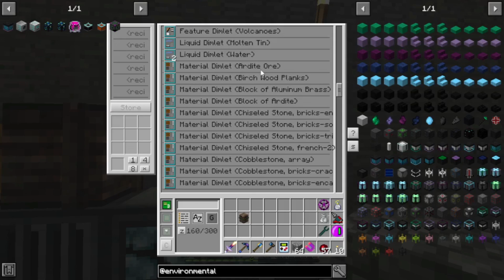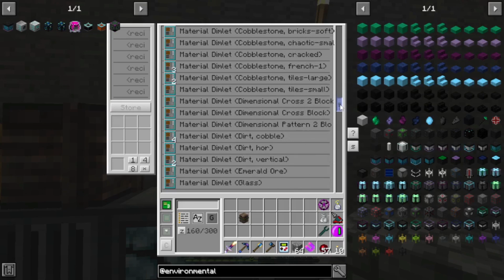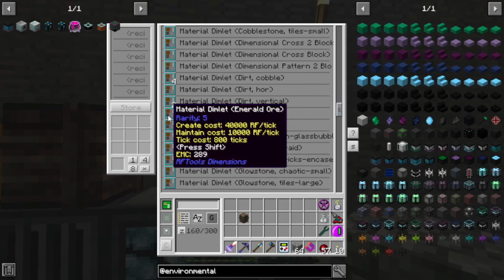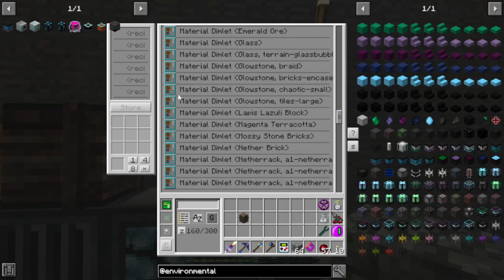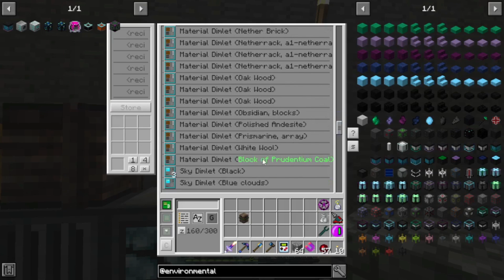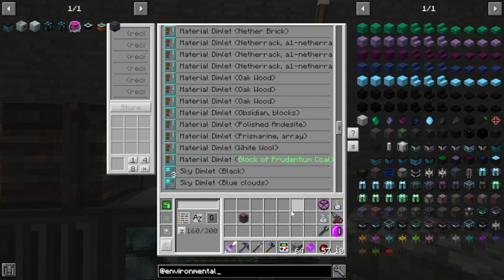We have ardite ore, which is not bad, aluminum, brass, ardite blocks, those are both really good. A bunch of cobblestones, dimensional blocks, emerald ore, which is not bad. That's a rarity 5. Glowstone, which is pretty cool. A bunch of different glowstones, which are all rarity 5s. Lapis blocks, not bad. And then the cool one is the Prudentium Coal, which is a...